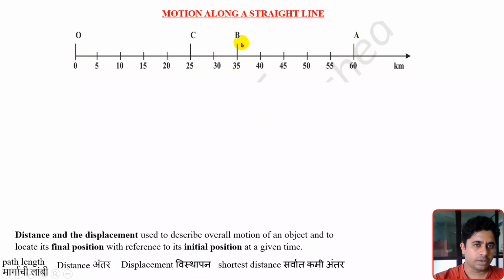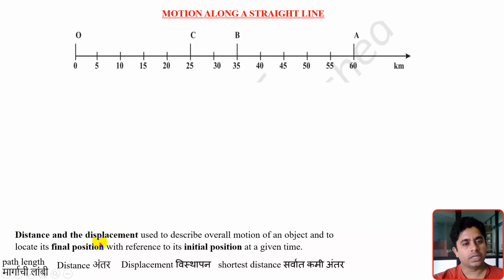In terms of motion along a straight line, there are two very important terms, distance and displacement. They are used to describe the overall motion of the object and to locate its final position with respect to the initial position at a given time. In a certain duration of time when the object travels,